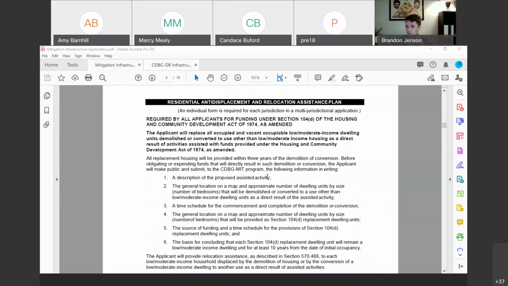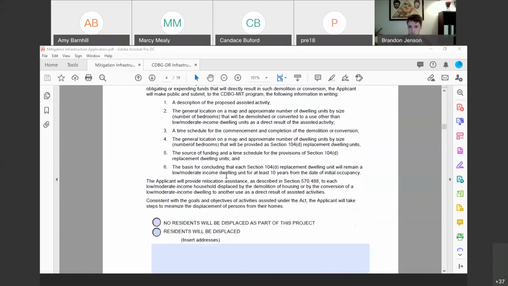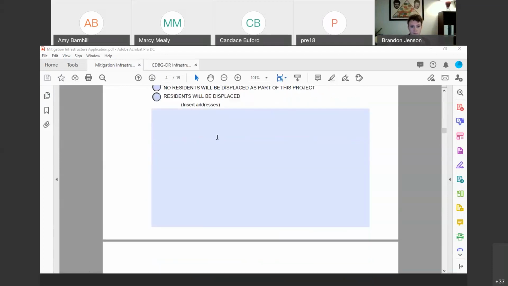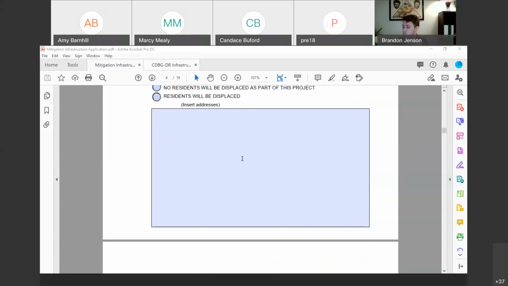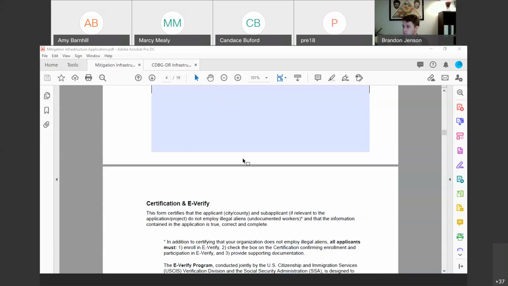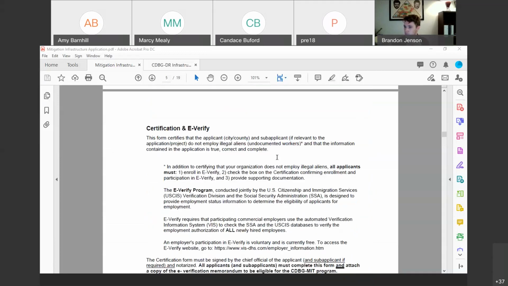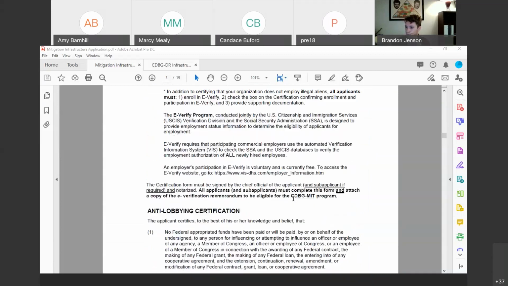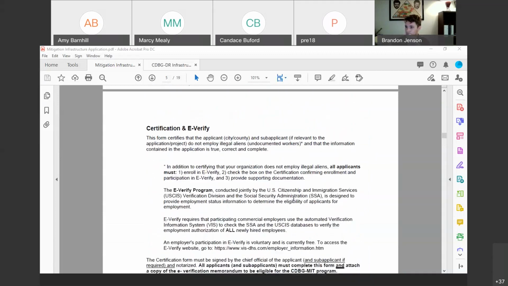It's going to have a certification that's going to tie back to a lot of this information, but we still need to know about this anti-displacement and relocation assistance plan. So you'll have to read through this information and just answer simple yes or no, there will or will not be displacement. Hopefully there won't be. If there is, information about the addresses affected and any plans to handle the displacement can be verified in this box. This page, again, is recognized as the former signature page. It is just informative